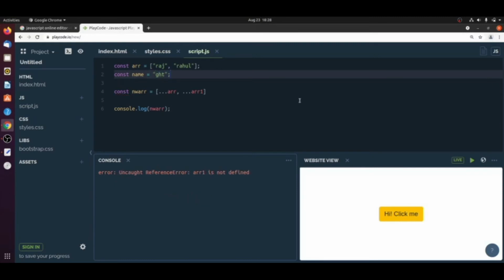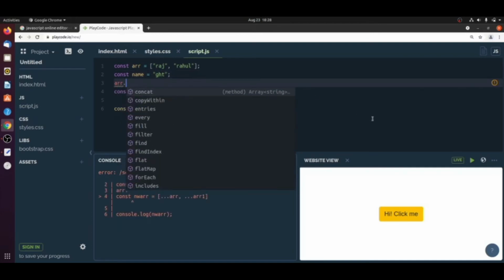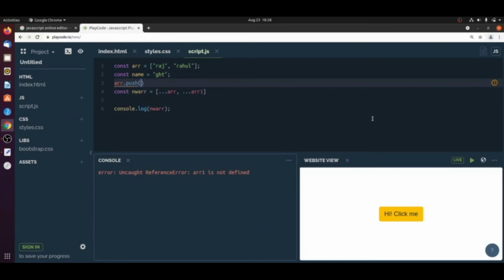So I will push this name to this array. Usually what we do is array dot push, using the push method, and name. If you print this array, it will give you 3 values.